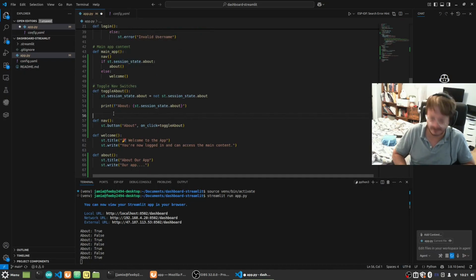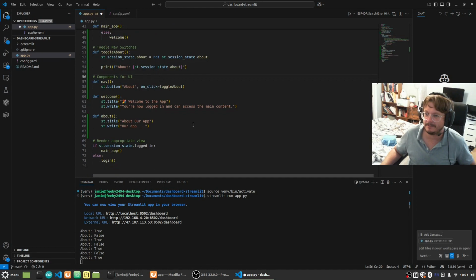And then these will be our little components for the UI, and then the main render thing, the appropriate view. So I have a feeling you could probably just use if statements for all this, but